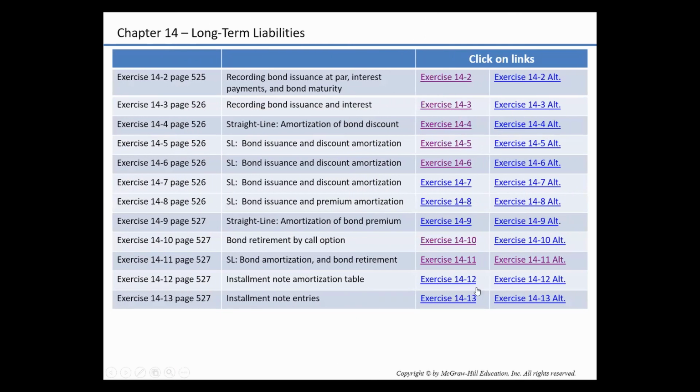Installment note amortization table and how that's calculated. On January 1st of 2019, Eagle Company borrows $100,000 in cash by signing a 4-year 7% installment note. The note requires 4 equal payments of $29,523, consisting of accrued interest and principal, on December 31st of each year from 2019 through 2022. So we're going to prepare the amortization table for